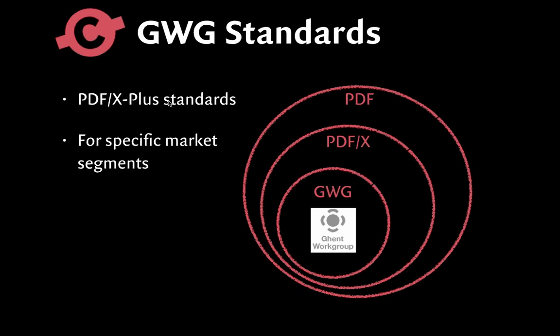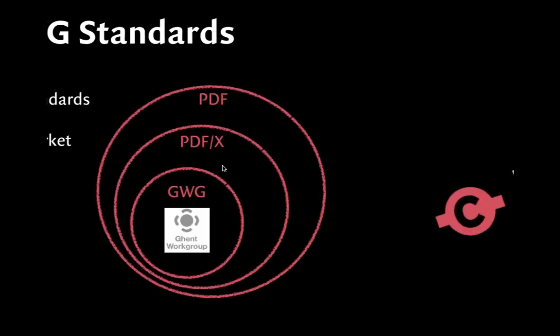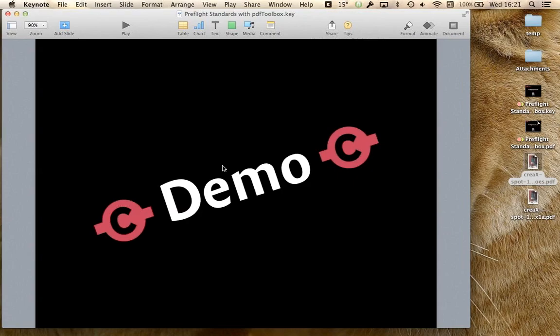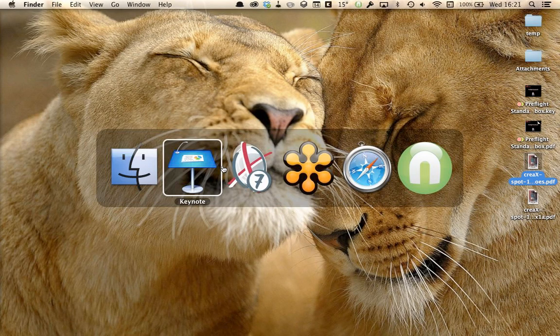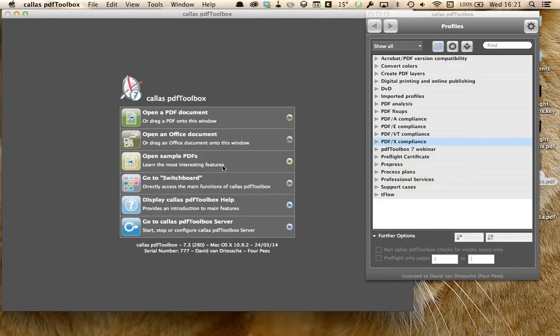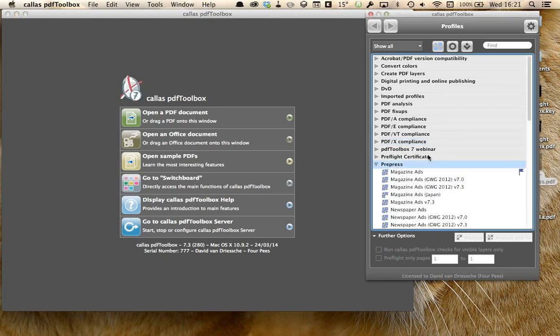So that provides you with an additional circle inside of that previous drawing where, again, you restrict PDF/X, and now down to that market segment. It's a very simple concept, and actually the implementation inside of pdfToolbox, again, is just as simple. There is only one thing that is confusing, and I'll tell you exactly what that is and how to avoid that confusion. But if I don't open the PDF/X group in that profile window, but I go to prepress instead,